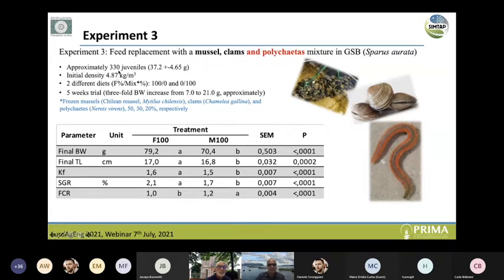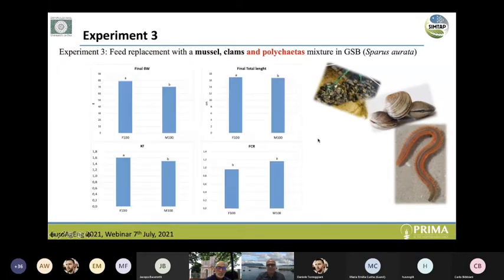You can see we started from 37 grams, so we already doubled the initial body weight. And still the fish fed only feed grow better than the fish fed the mixture. Similar results can also be seen for the other parameters, and again I show you the graphs to better understand